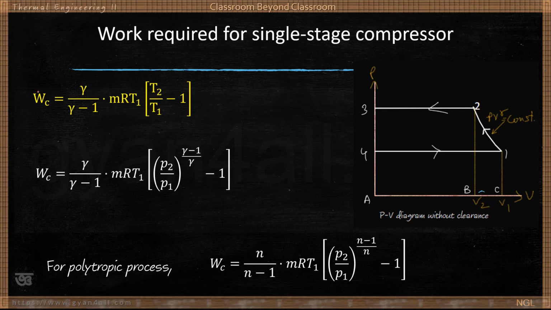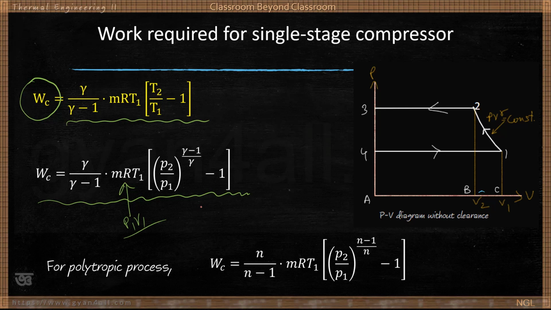And the formula for compressor work in terms of temperature is gamma by gamma minus 1 multiplied by mRT1 times T2 by T1, and in terms of pressure the relation is this one, and in place of mRT1 we can also write P1 V1. That is for the adiabatic process, and generally the processes are not